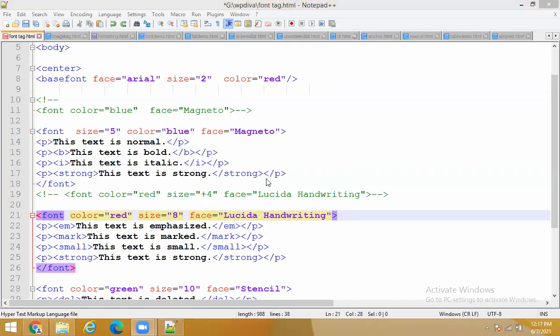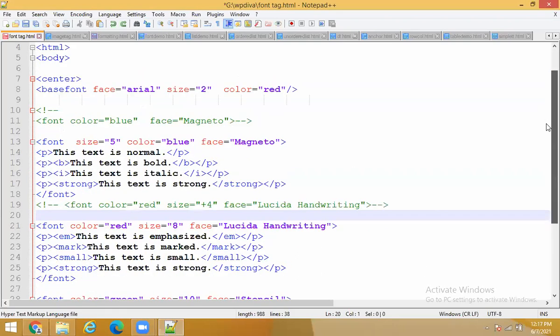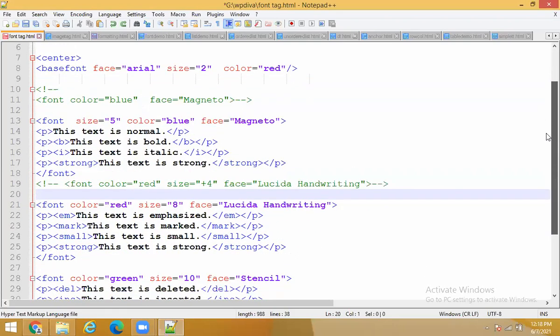Shall we go to next? Yes, ma'am. Okay. The main motto of this example is that I wanted to tell you that you can apply the font for paragraphs, for a line of text, or also for multiple lines.